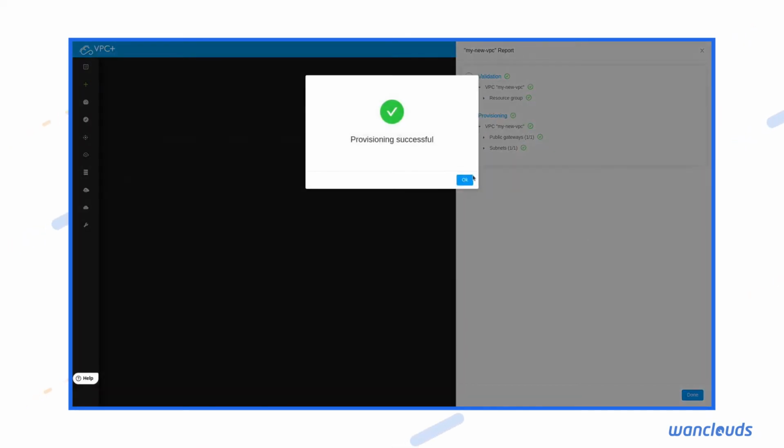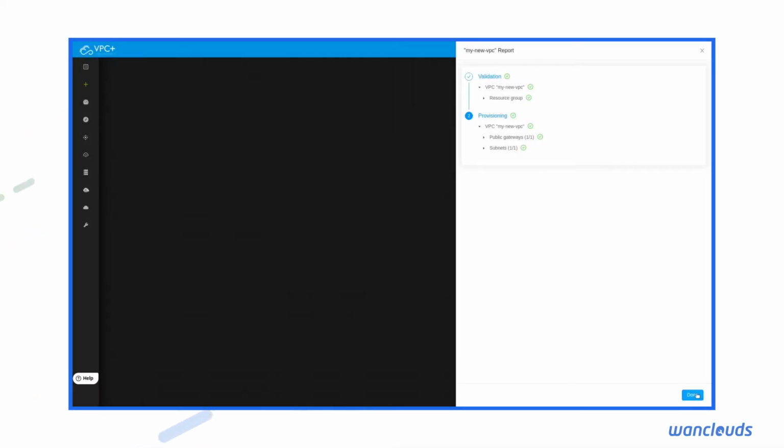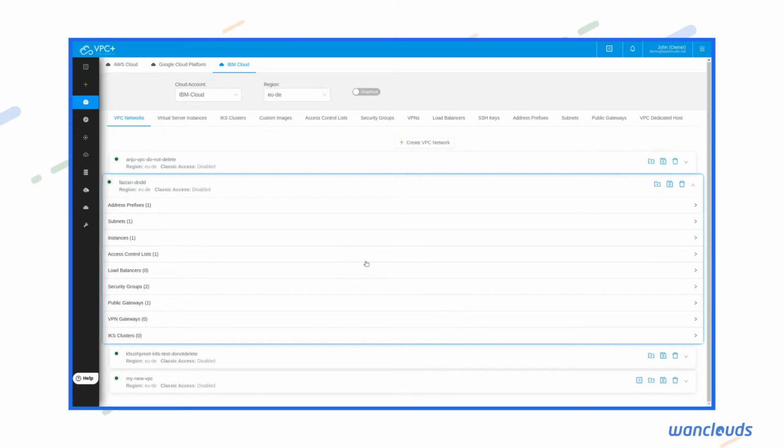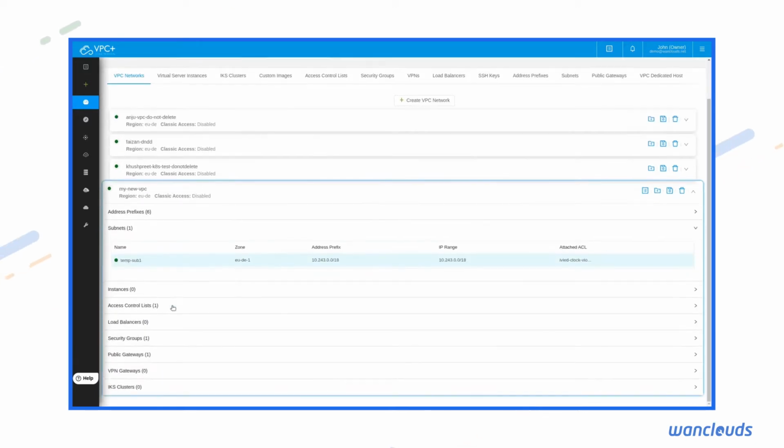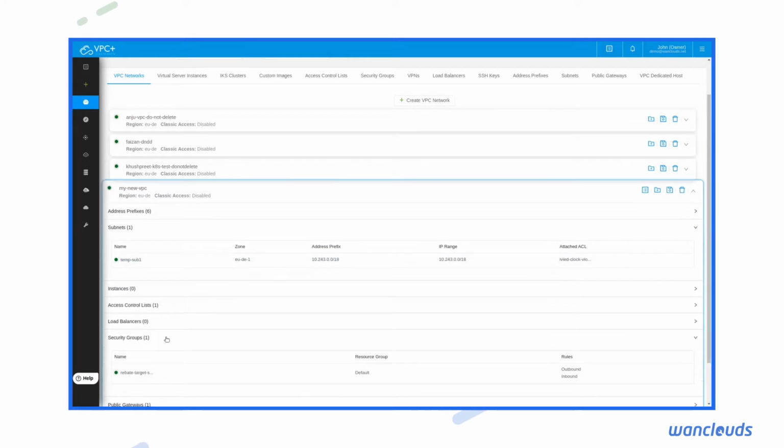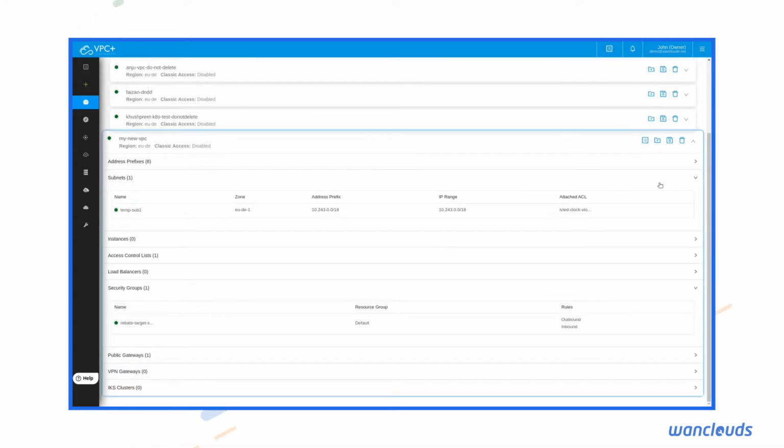So our provisioning is successful. Let's move back to the tabular view. This is the VPC that we created. It has one subnet, 6 address prefixes, a security group, access control list, and a public gateway.